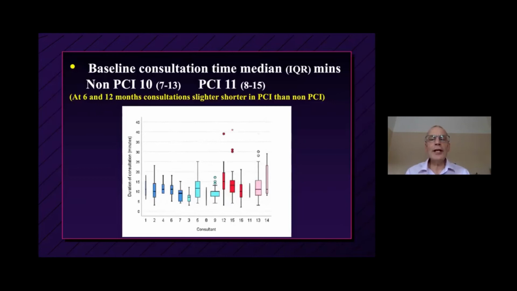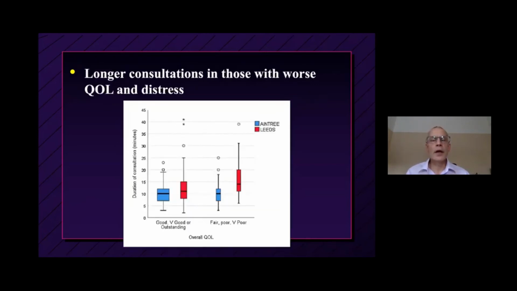And of course, there was variation in the lengths of the consultations by consultant. And on the left-hand side, it's the entry consultants. And on the right-hand side, it's the leads consultants. And the average time in the non-PCI group was 10 minutes, and in the PCI group, 11 minutes. And actually, at 6 months and 12 months, the PCI consultations were slightly shorter than the non-PCI consultations. What lengthened the consultation were when patients had more issues to talk about and more problems,